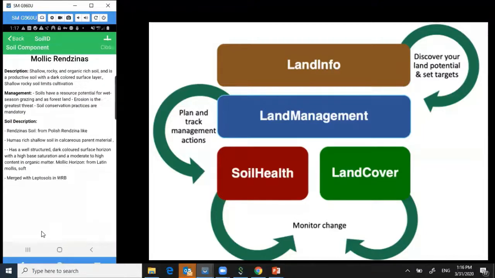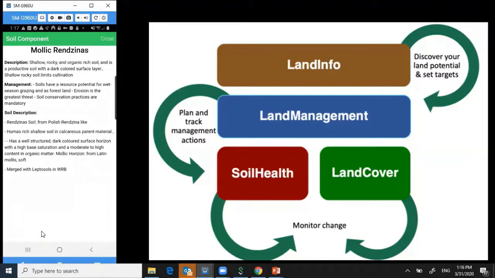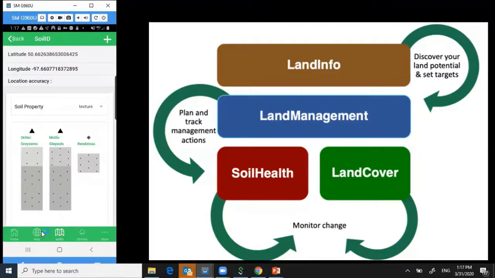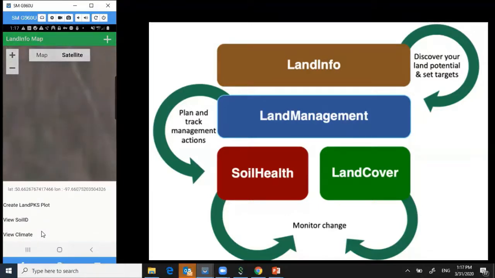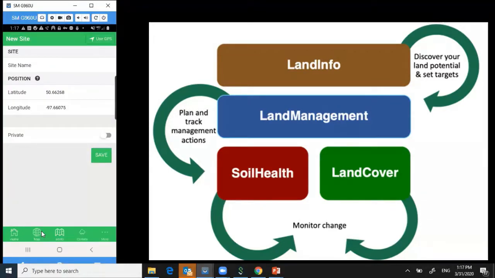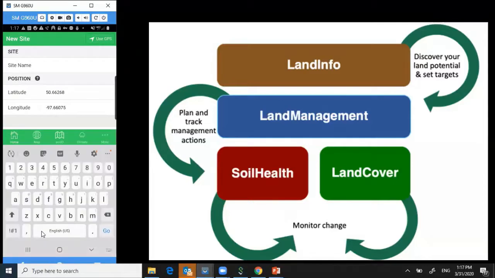And then a Renzina, which is a shallow and rocky soil. And so they're ranked currently based on the dominant soil in that area. We can also go in and we can create a plot. And once I create a plot, there's a whole lot more I can do here. So I'm going to go ahead and do that, and we'll just call it